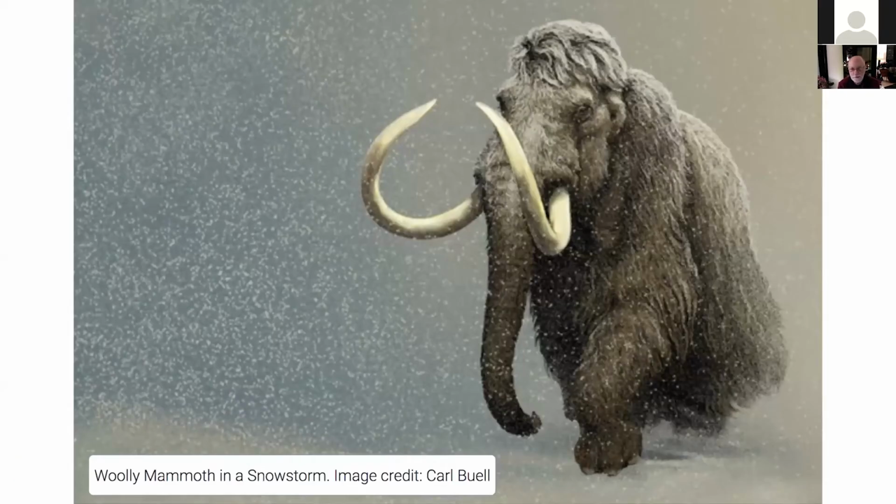We know that mammoths lived in very cold environments, and they had to keep themselves warm, not only their internal organs, but their peripheral tissues as well. When we walk around in the cold, you probably, if you've done so, your fingers have gotten cold, your toes have gotten cold. That's because in response to the cold, our body restricts the blood flow through peripheral tissues.